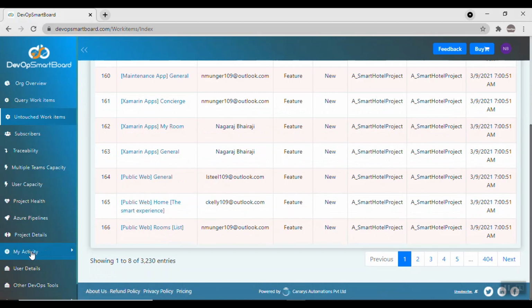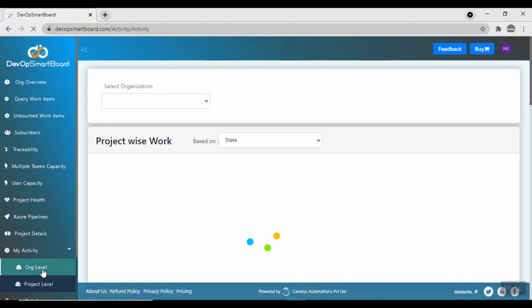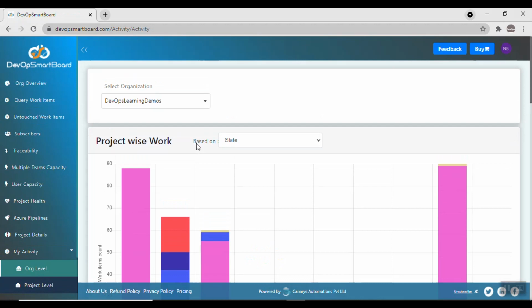So next I'll talk about my activity report, and in that we have two sections. One is org level, the other is project level. So let me click on org level. This report basically provides, as an individual user, when I log in to DevOps Smartboard, all my activities across projects.